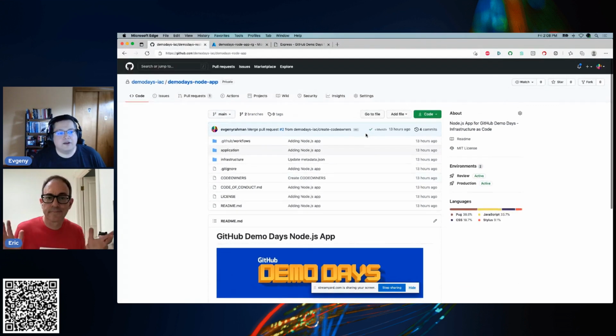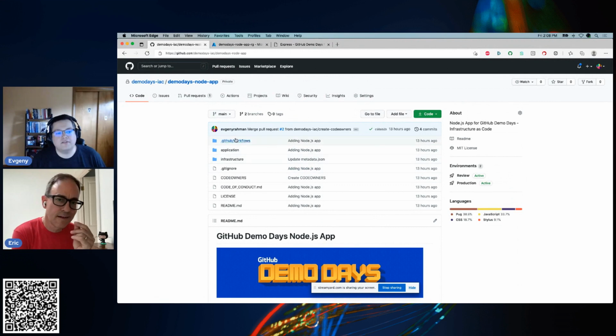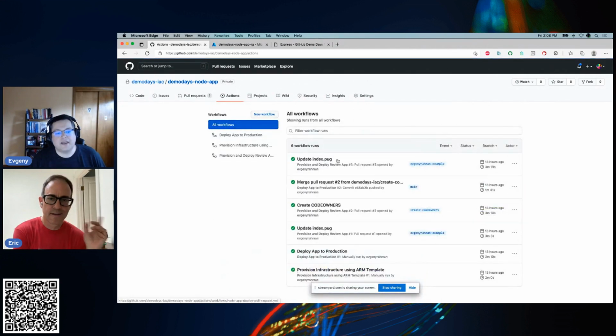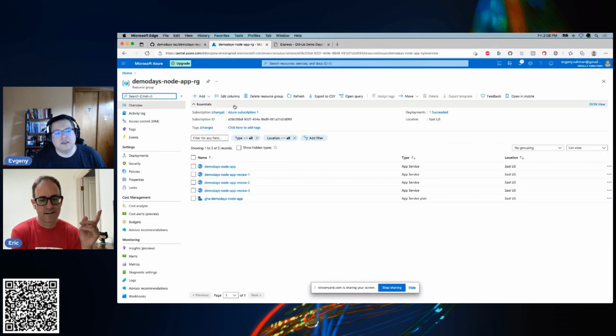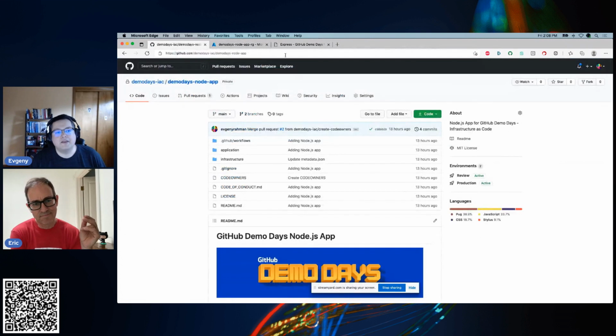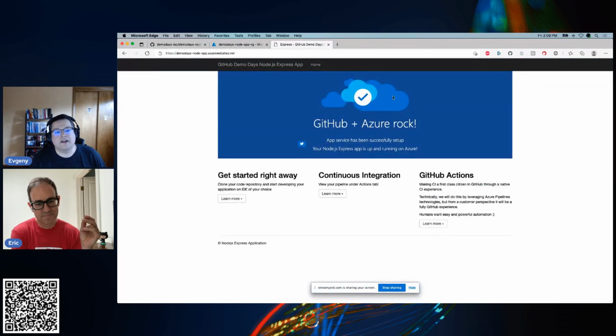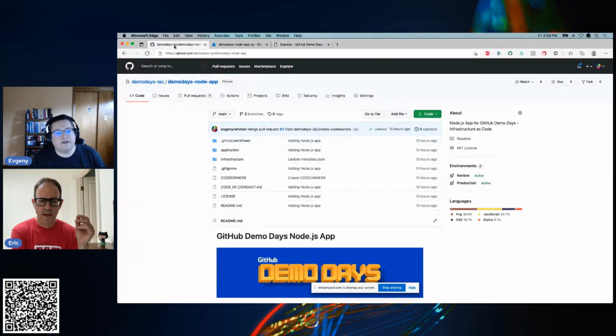And we are going to see how the changes that we run through here as Actions workflows end up in Azure, and how we see environments come in and deployments happen. We are also going to look at how our end product, this website, changes based on those workflows running the infrastructure as code and automated deployment functionality. So hopefully that got everyone interested.